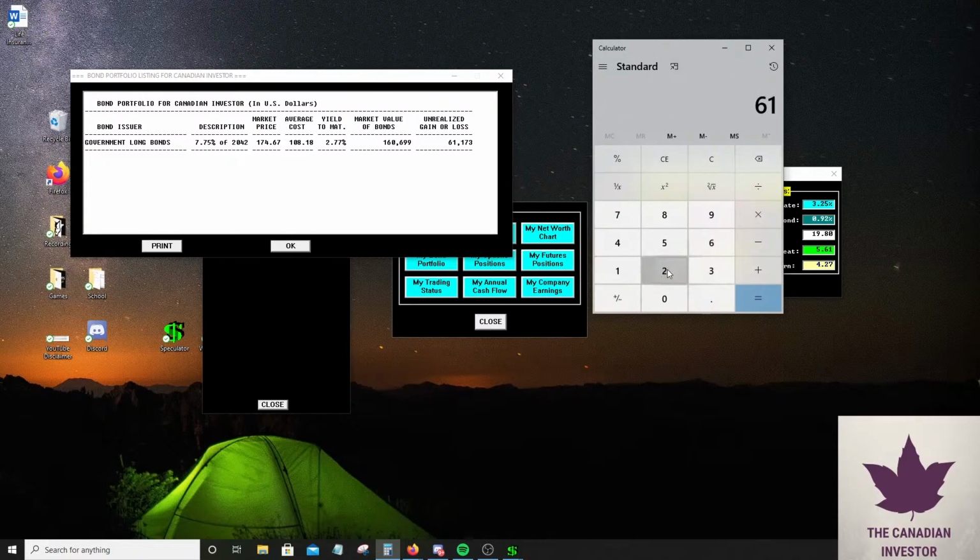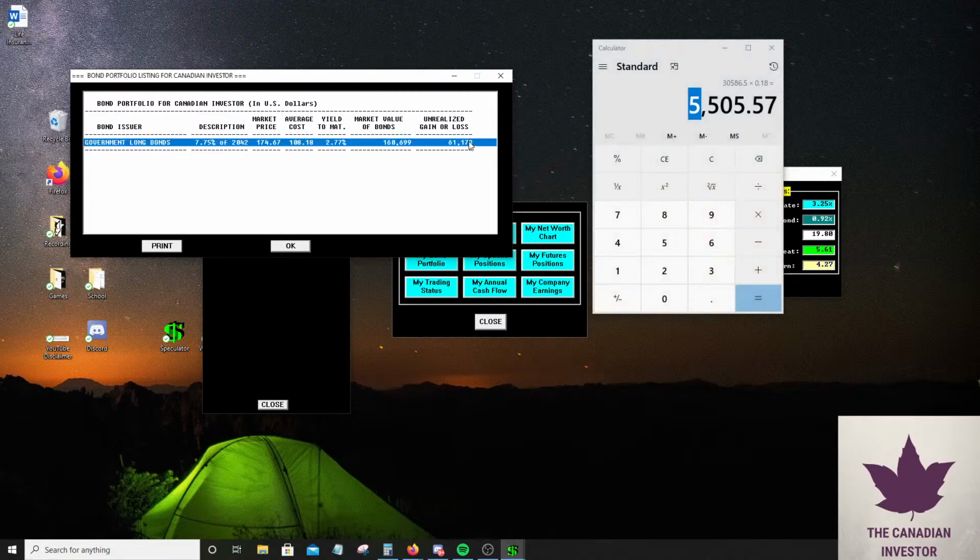So in this case, we have a $61,000 at 173% gain. If we times that by 0.5, we get a $30,000 gain, and we times that by the 18%. So we should pay, at the lowest level, $5,000 in tax, which I don't think is likely because I'm not sure if this game includes the 50%. Who knows? If it is this way, I love capital gains. It's going to be my new way of making money in this game because in this hypothetical example, and this would be real life in Canada, we made a $6,000 gain.